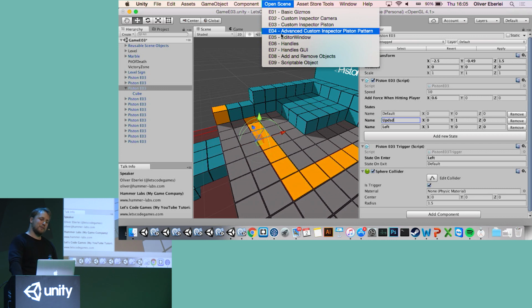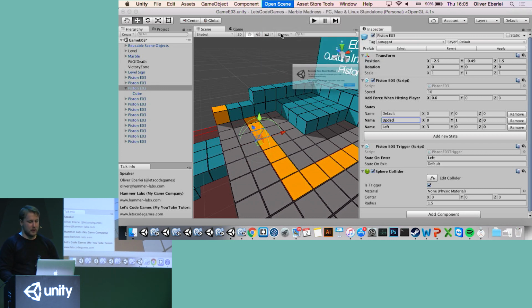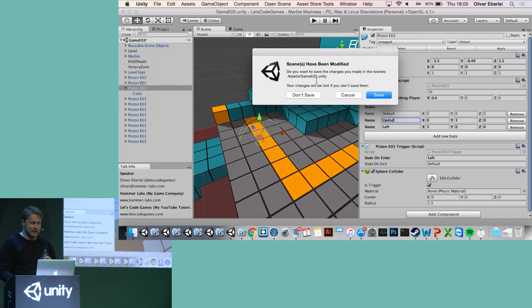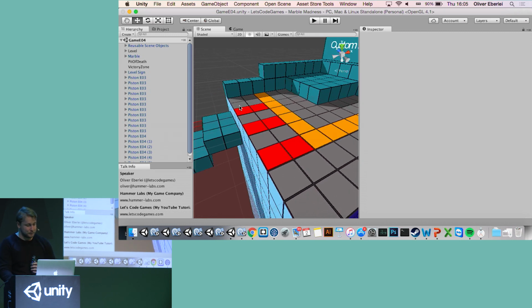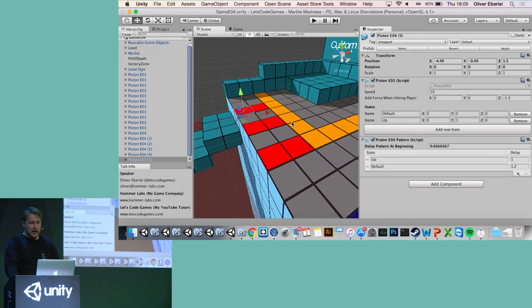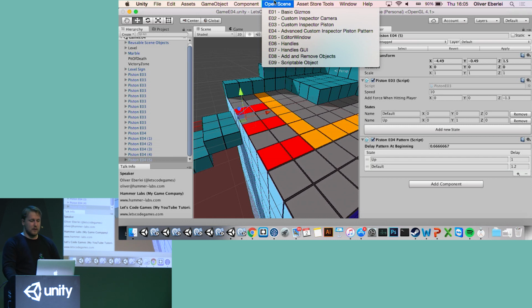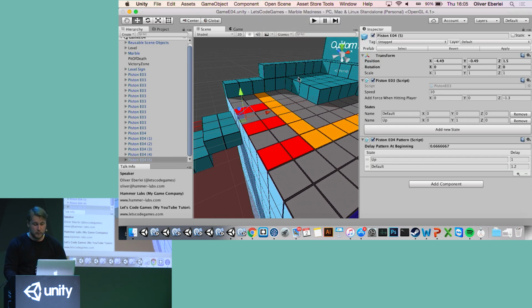So this is something that I just hint at, and then for those who are interested, they can look at the code themselves, because this is a little bit cheeky, but still very, very useful. So what I'm using here, I call this advanced custom inspector for the Piston. And this is a pattern that I can define. You can see here, this is a list. And basically the pattern object